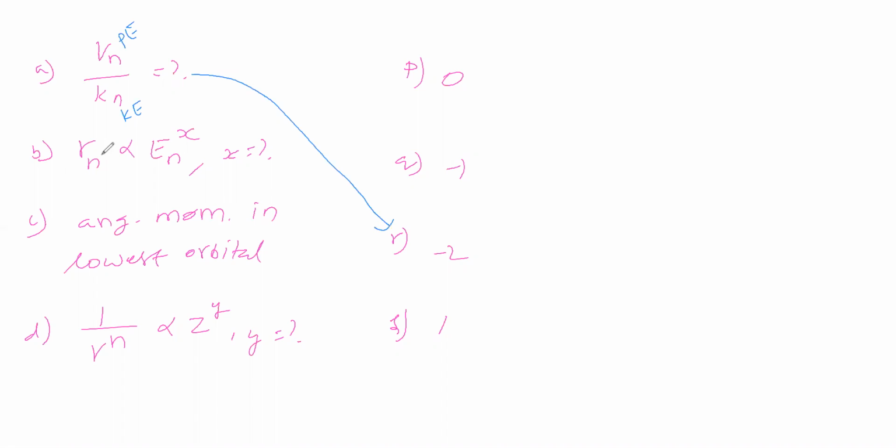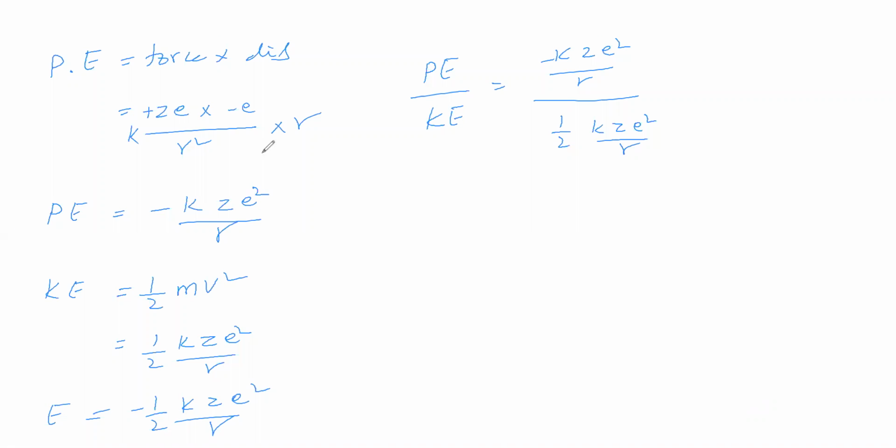Now, radius of nth orbit is directly proportional to energy of nth orbit power x. X is equal to what they are asking. We have to find it. So radius of nth orbit and energy of nth orbit, they are the same. Radius of nth orbit formula is 4 pi square m z k e square by